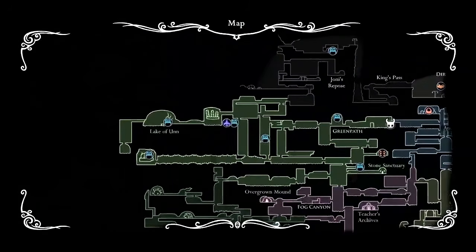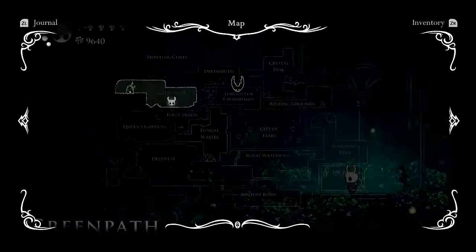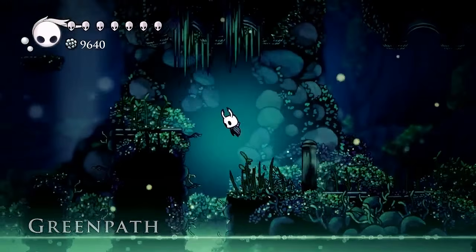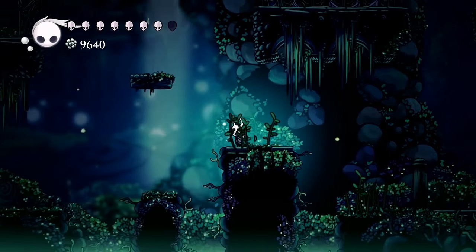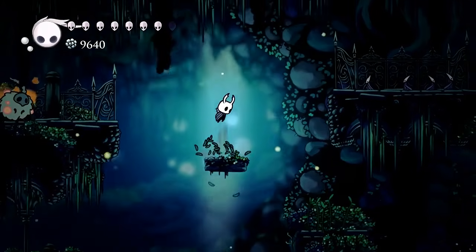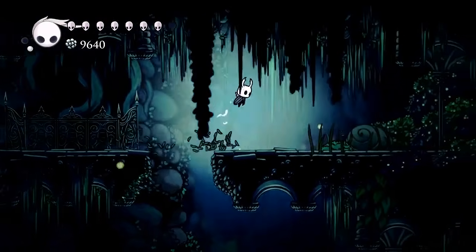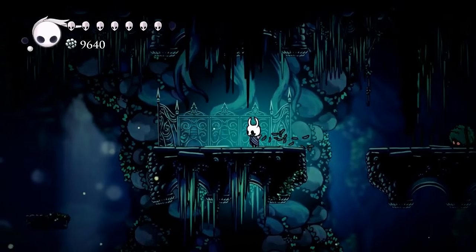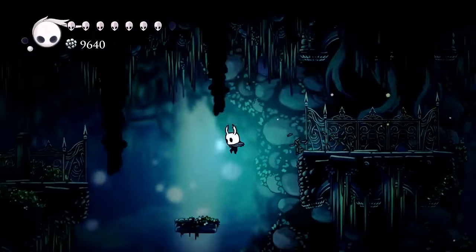So once we do enter Greenpath, this is where we're first going to start seeing a couple of the Mask Flies. So you see right above me, it's those birds right there. If we try not to spook them, we can go ahead and get all of those. So we just nailed a couple of them. Now we need to go get a total of 15 to get these done. I need 11 more. So if we keep going to the left,